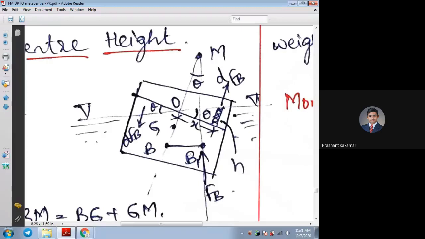This moment is FB into BB1. This we can also write in terms of theta. What is that BB dash? We can write BM theta. In terms of tan theta, tan theta is BB dash by BM. So BB dash can be written as BM into theta for small angles. That is one couple. One more couple we need to find out is because of this volume,